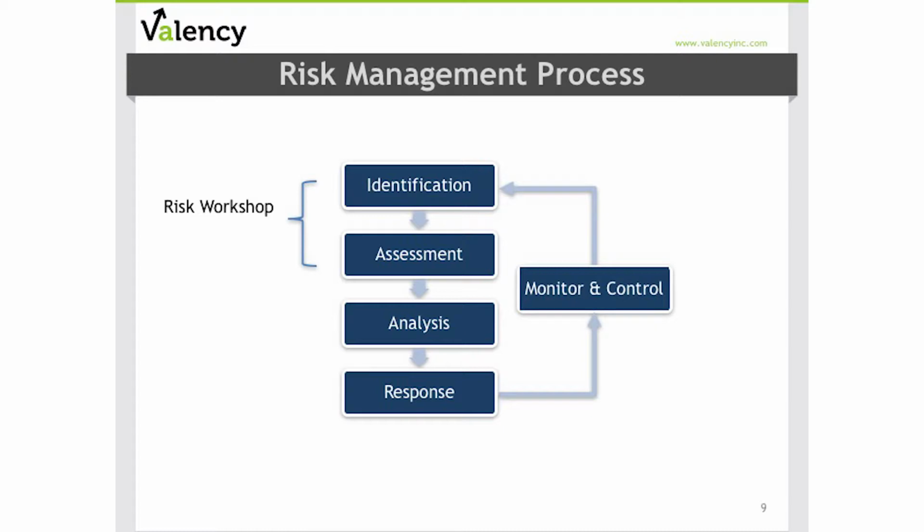So CII's recommended risk management process has 5 primary steps. The first step is risk identification, where the risks that may affect your projects are identified and documented. The second step is risk assessment, where you complete an assessment of those identified risks and think about potential cost or schedule impact. And with that information in hand, your project team can better prioritize the order in which they respond to those risks.